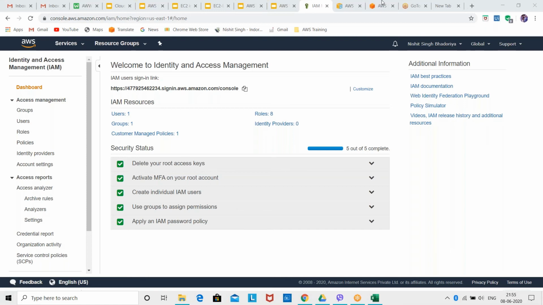Your root account will get charged for that, as long as you have your AWS account. So I prefer you to create an IAM account, because whatever you are doing, just do it in your IAM account. So your root account is completely secure. Basically, I prefer it for security purposes. If you use your created IAM account, your root account is secure. All the account details are secure, all the bank details are secure, each and everything is secure. That's why I prefer you to use an IAM account.